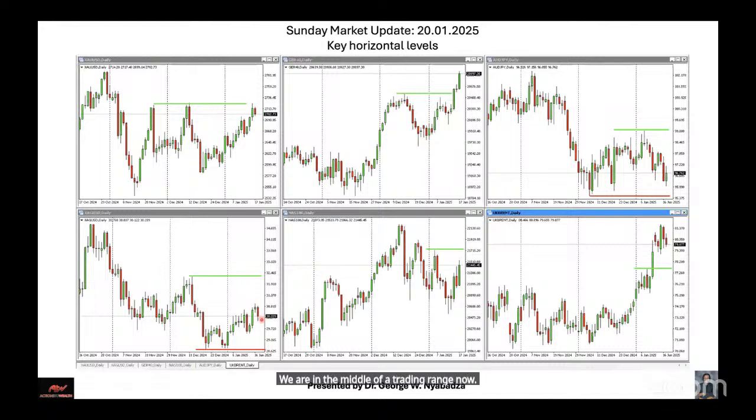Now, if you have the appetite to trade this with a wide stop, you can sell. If you want to sell, I'd sell on a test of this, but your stop's going to be up here. There's nowhere else to put a stop. Alternatively, just wait. Would you buy this? Well,